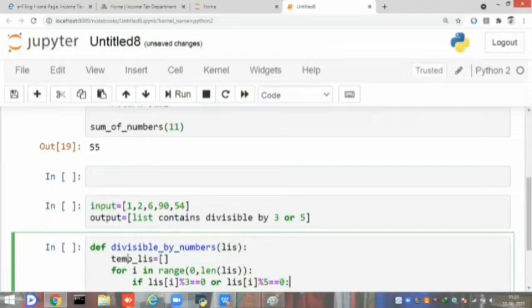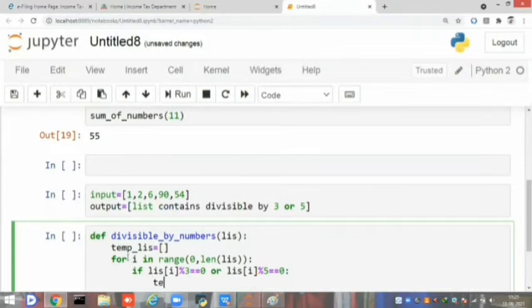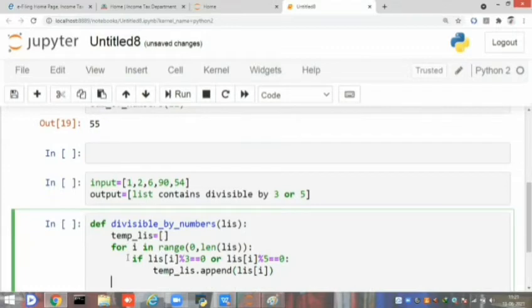If any of the conditions is satisfied, I am appending to the temporary list. We already know the append function, append of list of i. Okay, here I don't want to return. I just want to print inside the function.